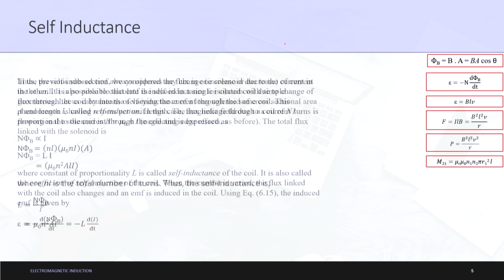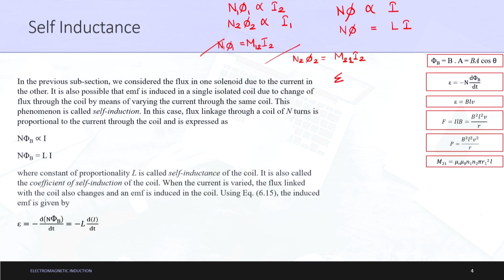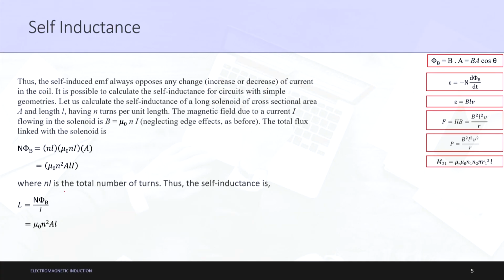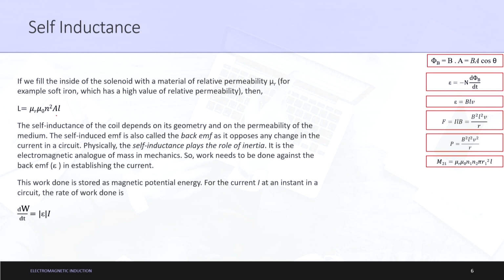Finally, we also found out the value of induced EMF, that is EMF produced is equal to minus L di by dt. Hence, if varying currents are involved in a circuit, then EMF can also be produced. Finally, the value of L which we got was mu r mu naught n square into capital A into small l, and the value of mutual inductance which we got was mu r mu naught n1 into pi r1 square